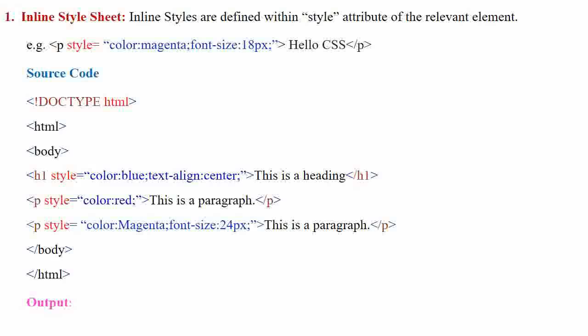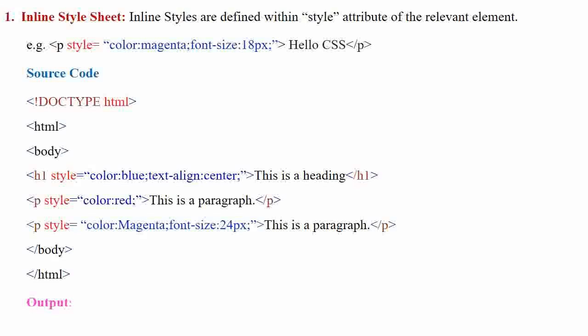Then the second line, this is a paragraph having a color, and it is by default left aligned. In the same way the third line, this is a paragraph, having color magenta and 24 pixel font size, which is also left aligned.